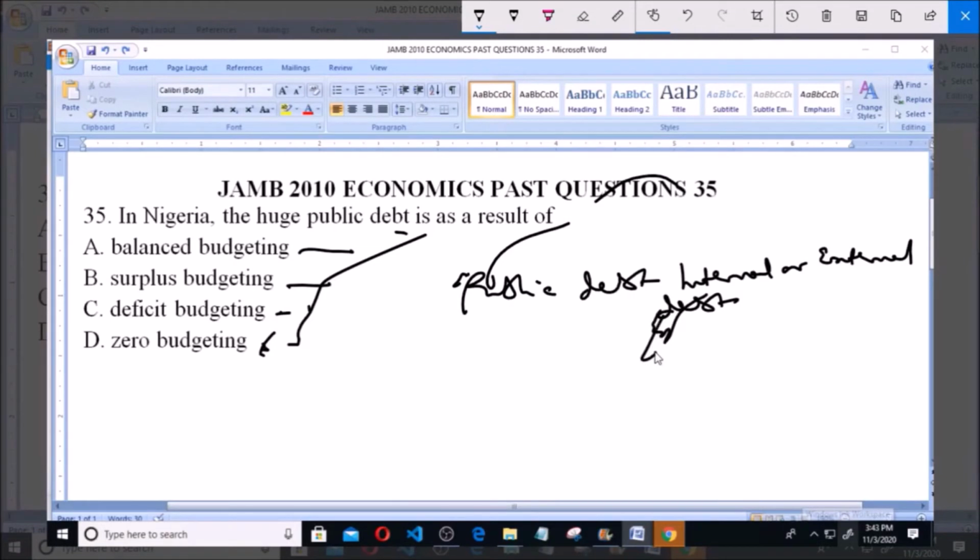It's also called national debt. National debt refers to the debt a country owes to its citizens or other countries or organizations such as IMF, International Monetary Fund,